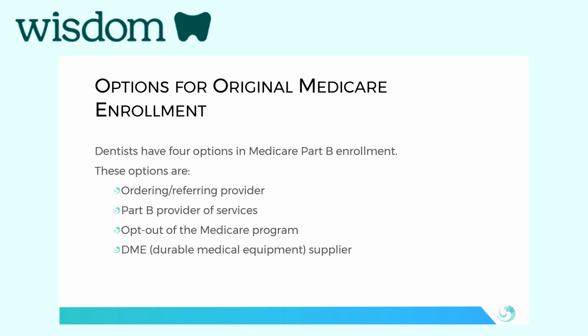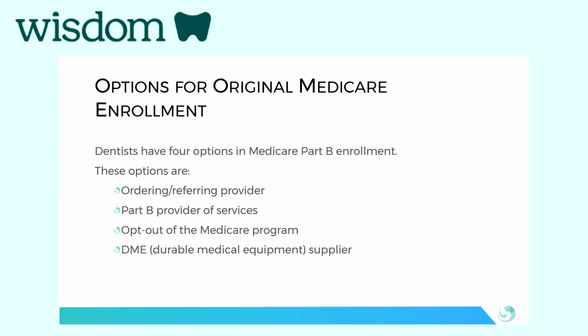Then we have DME, durable medical equipment supplier. So if you're providing obstructive sleep apnea appliances, those oral appliances to treat obstructive sleep apnea or OSA, that's a covered Medicare service. Your practice must enroll as a supplier. The other enrollment options and opt-out option we've discussed thus far is for your individual provider under their NPI Type 1. And each individual provider should make their own choice. So you could have 4 providers in your practice, and each one of them choose a different enrollment or opt-out